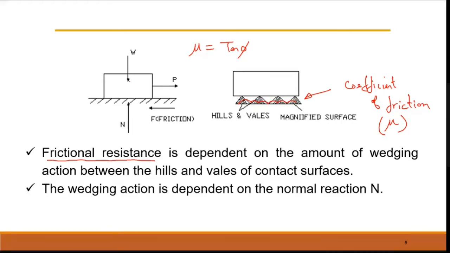For example, this is the weight, and this is the normal force N. When you resolve N and the friction force F into a single term, I get one force, which is R. The angle with respect to N is that phi. So in tan phi, it comes from opposite by adjacent side. Based on that, we got tan phi.